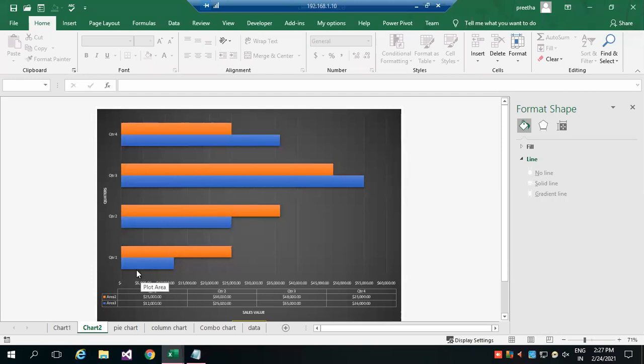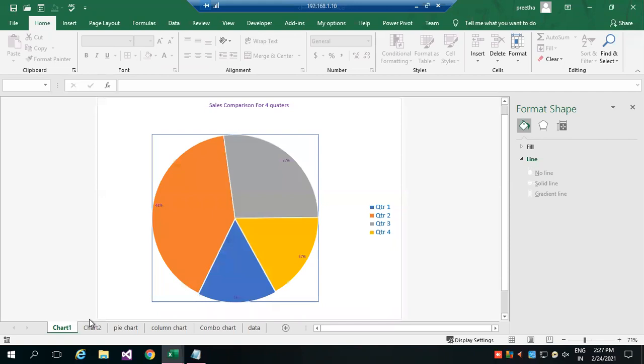That I can also monitor immediately. Area 1 in the first quarter has less sales. So when you want to analyze performance, use a column chart, bar chart, or line chart. Okay.